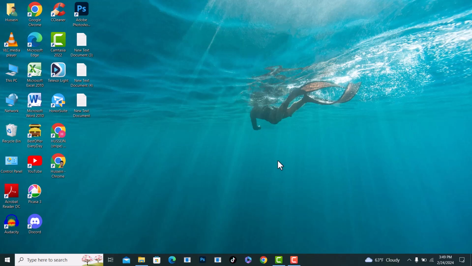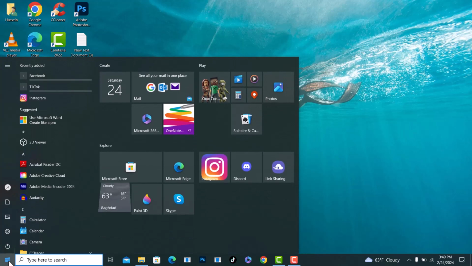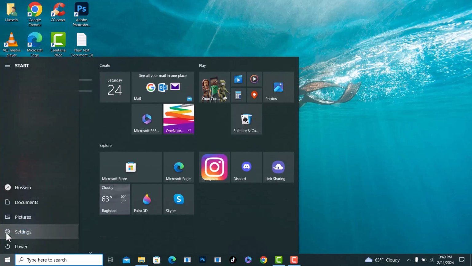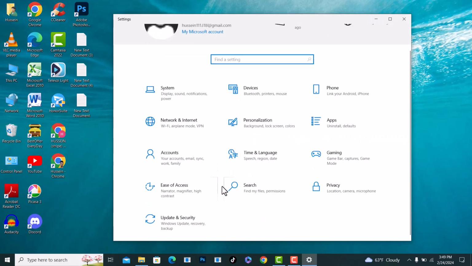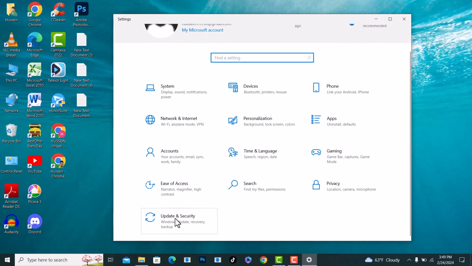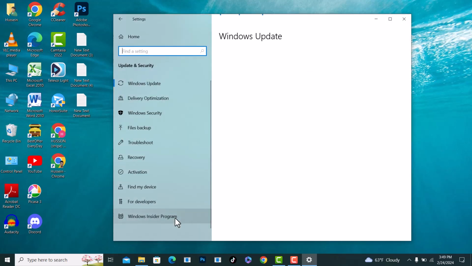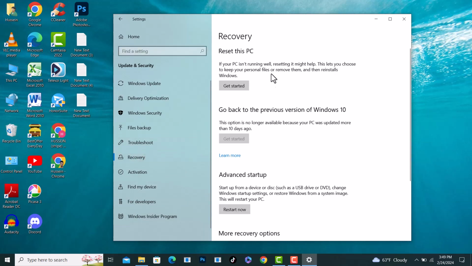First of all, what you need to do is to tap on the Windows icon from here and navigate to the settings, tap on it, and after that scroll down and tap on update and security and click on recovery option, tap on it, and from here it says reset this PC and you need to tap on get started,